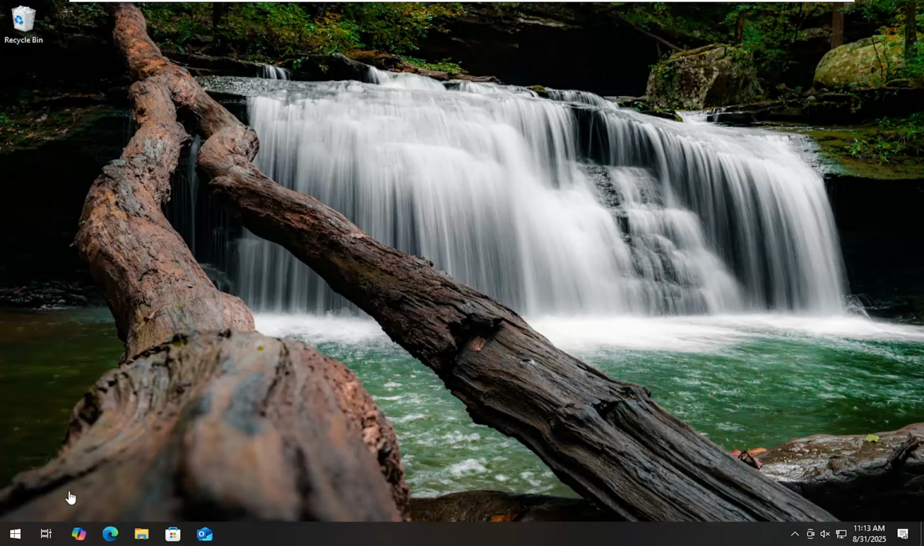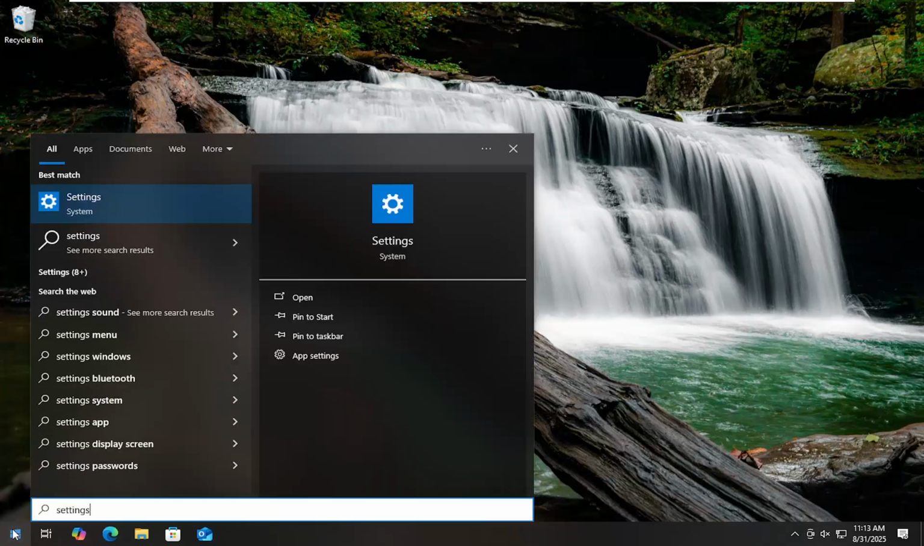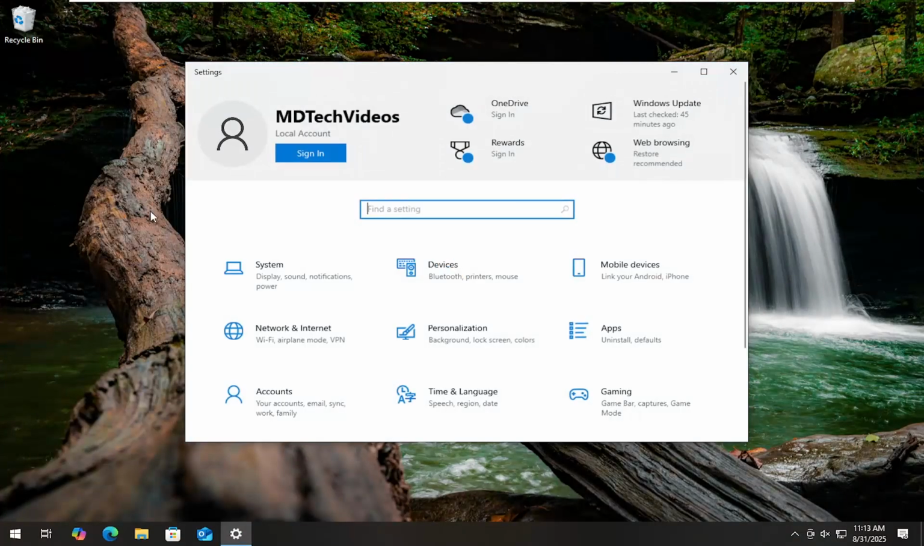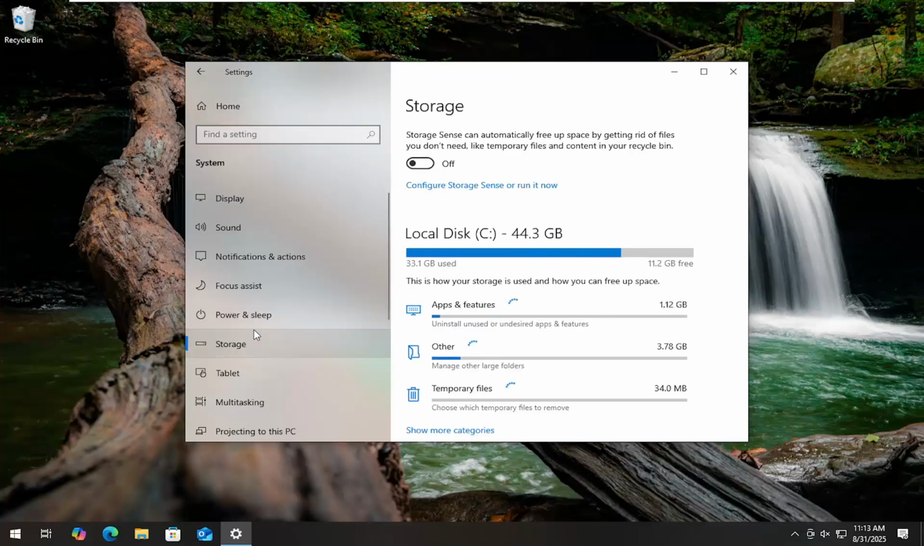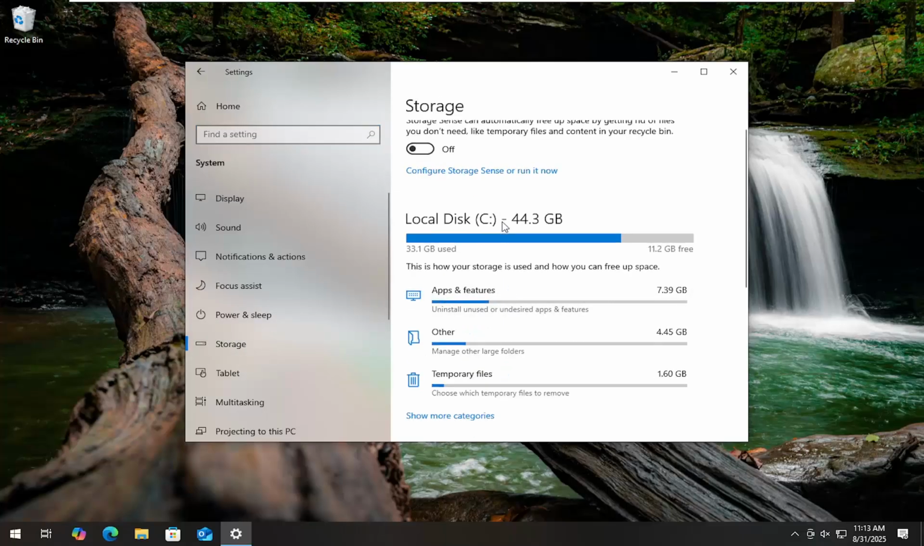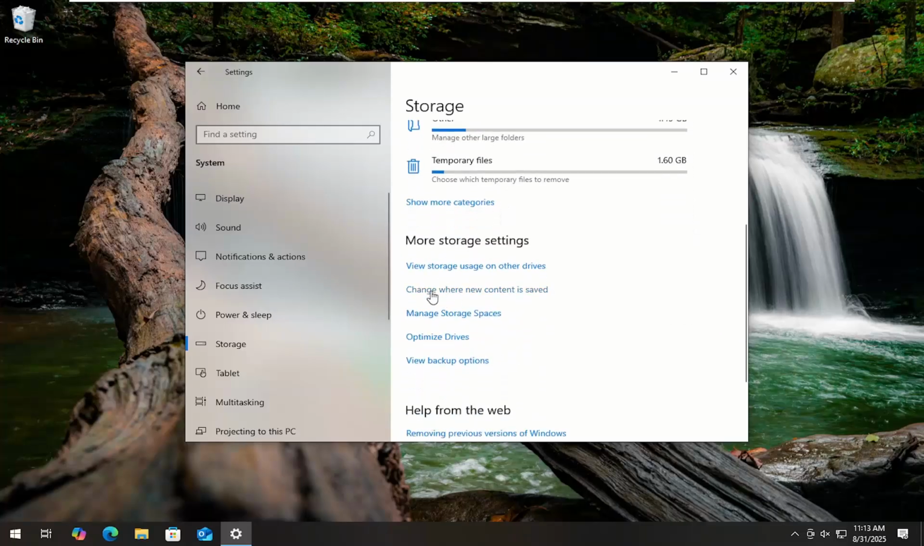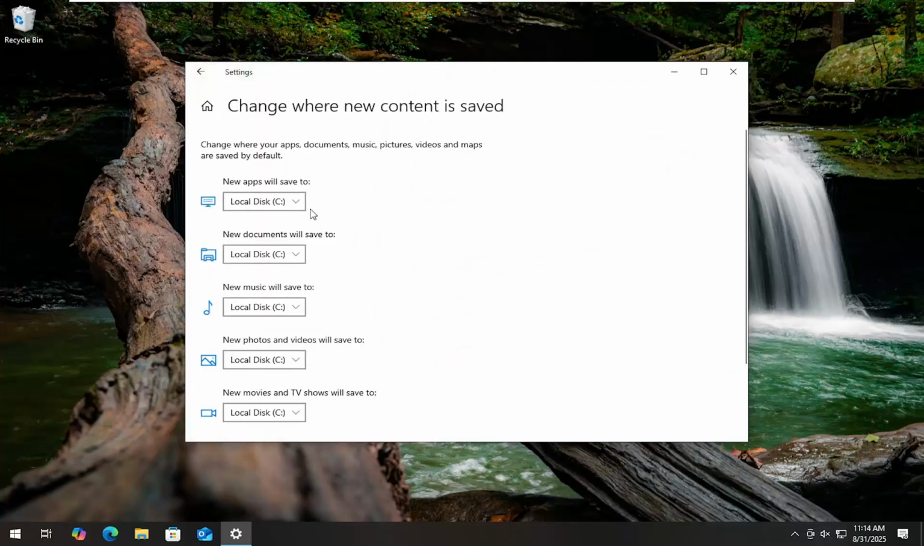So all you have to do is open up your search menu and type in settings. Best result should come back with settings. Go ahead and open that up. Select the system tile and then select storage on the left panel here. Then on the right side, there should be something that says change where new content is saved underneath more storage settings. So you may have to scroll down a little bit, select that,